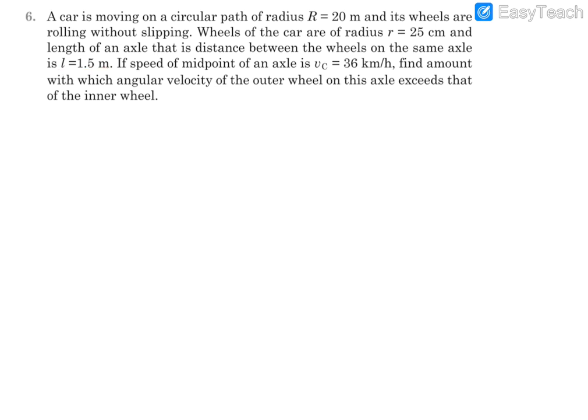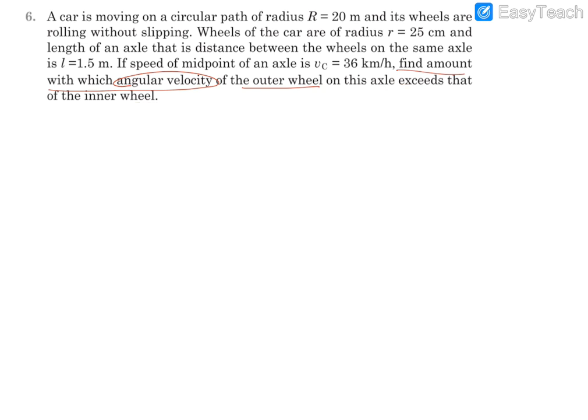is 1.5 meters. So there are going to be two wheels on the front, two wheels going to be in the back, and the speed of the midpoint of this axle is given to us as 36 km per hour. Find the amount by which the angular velocity of the outer wheel on this axle exceeds that of the inner